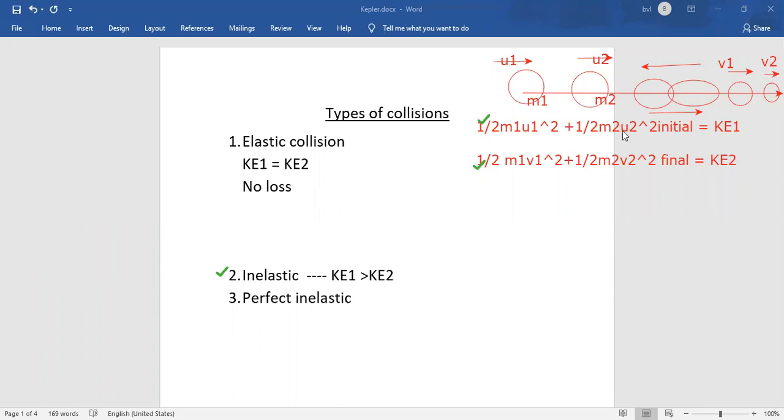The reason is that generally all ordinary collisions are inelastic, due to the rough surfaces of the two objects. For example, a ball and a bat: these two surfaces are rough, and there will be friction when they strike each other. Hit a ball onto the wall or the ground: the ground is a rough surface, and the ball is also rough. Take two carom board coins when they strike each other.